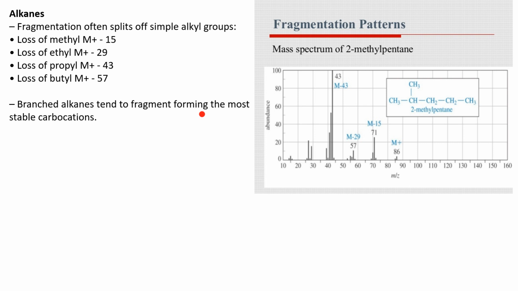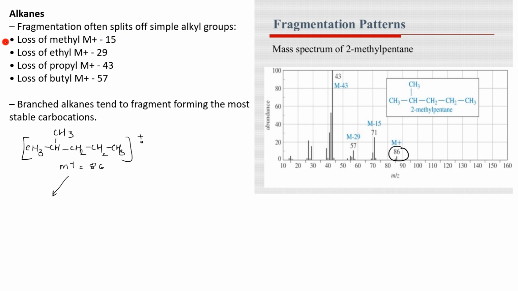I'll just show you for 2-methyl pentane, because this is the structure given over here, how the fragmentation takes place. So this is CH3, CH, CH3, CH2. I'll directly start with the radical cation. This is your radical cation, and the M plus value is 86. See this peak, this is your 86. That means the molecular weight is 86. Because it's a high energy electron beam, this is not the only fragment that will be formed. You can get multiple fragments, and the most stable fragments give you the peak. So you can have multiple fragmentation patterns.